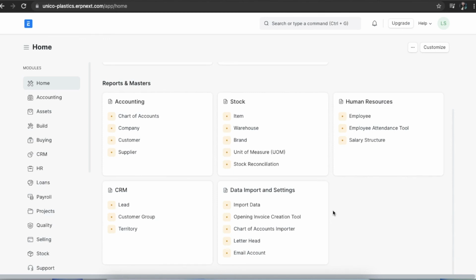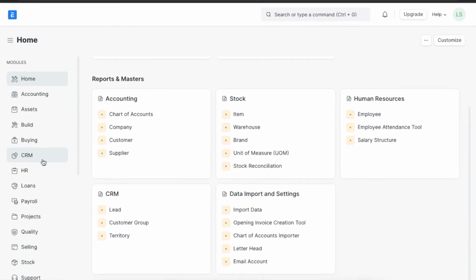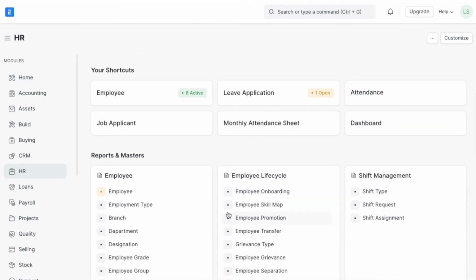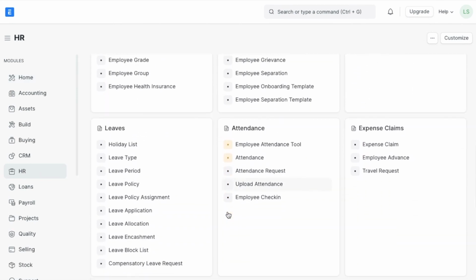Let's move on to leave encashments. We already saw how some leaves can be encashed if not used by the employee. To add the encashment to the payroll, a leave encashment needs to be submitted. We can access this by navigating from home to the HR module and going to leave encashment under the leaves